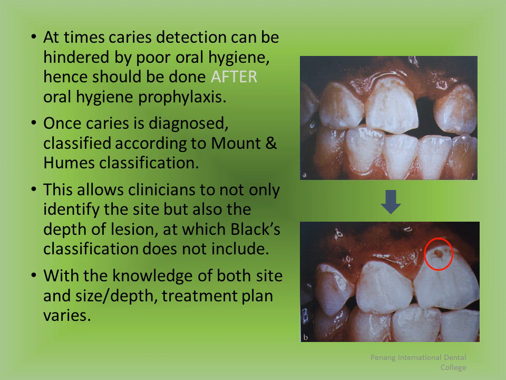What happens is, sometimes the stains, the debris, and the calculus prevent us from actually getting a clear assessment. They prevent us from getting a clear picture of what the caries attack of the individual is. So after one round of oral prophylaxis, we can actually appreciate the carious lesions better, and we can know whether it was only debris or whether it was actually caries.